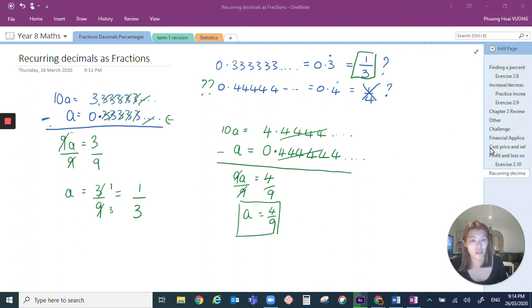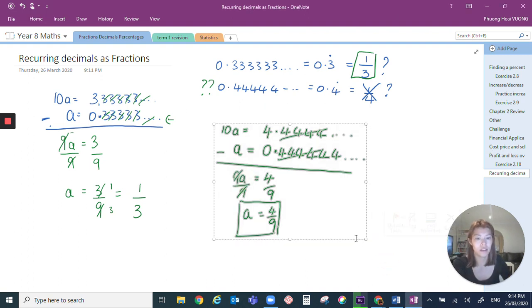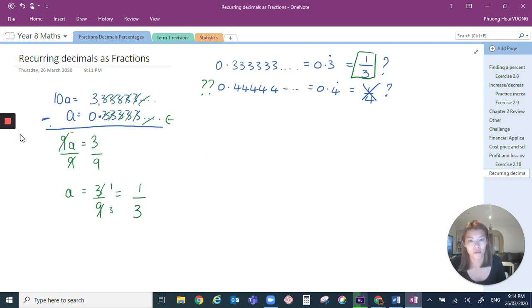Now, the next question is, what happens if I get something that has 2 digits that repeat itself again? Now this time, if I get 10a, then the problem is 10a is 2.52... Now these don't match. Can you see that 5 take away 2 is not going to give me 0? So that's not the way to go. So what can we multiply by so that it disappears? What can we multiply by to get rid of the 2525? We can multiply by 100. Because when we multiply by 100, we move the decimal point twice, we get